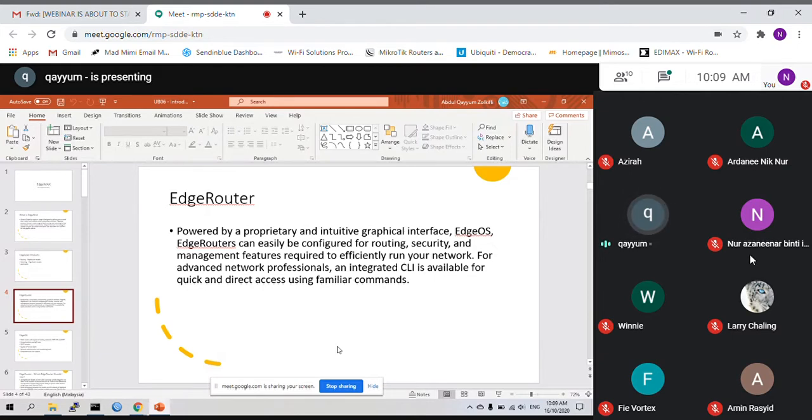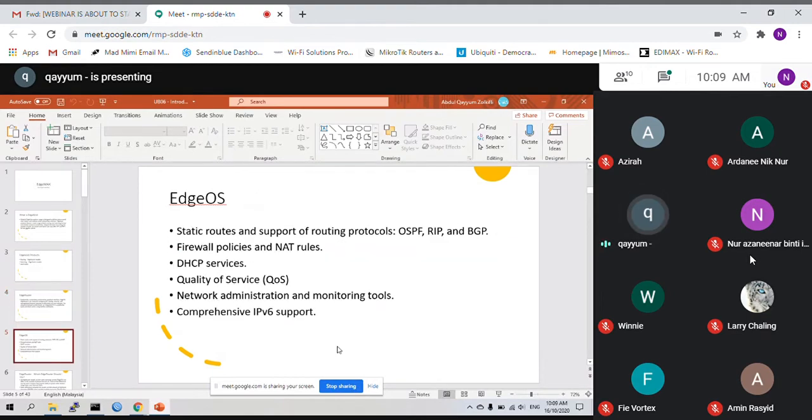You can do routing, security and some management features to run your network. They also have a CLI mode for advanced network engineers to do advanced configuration. So you can choose to use either the web GUI or the CLI. This is the operating system for HMAX.